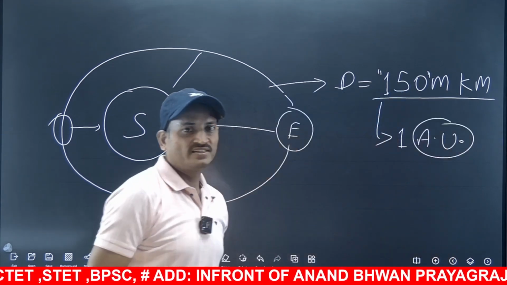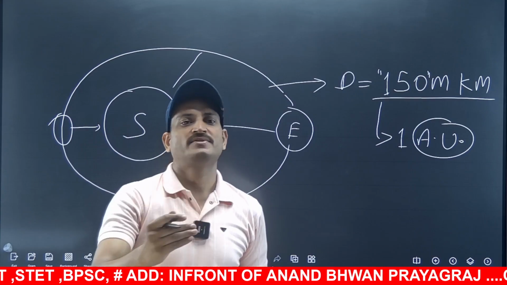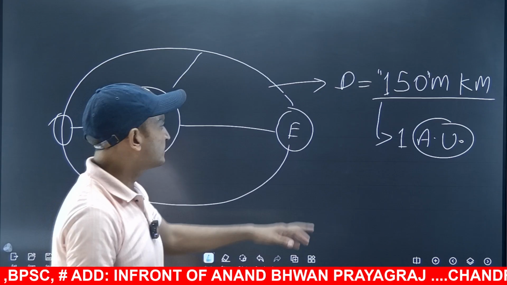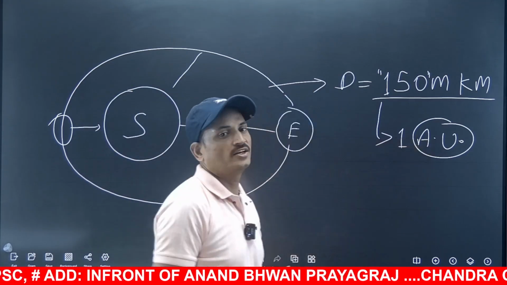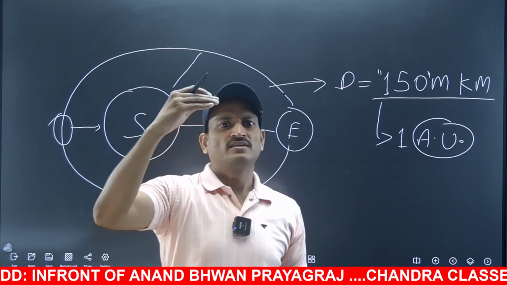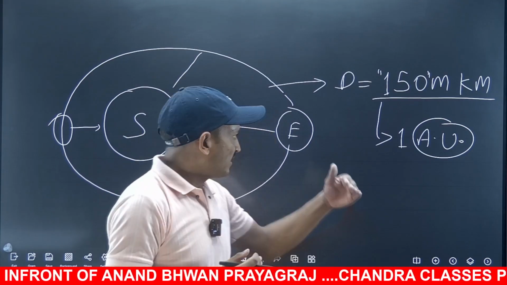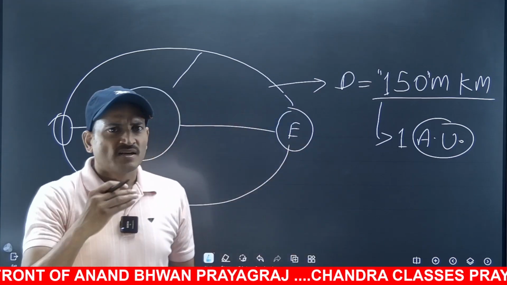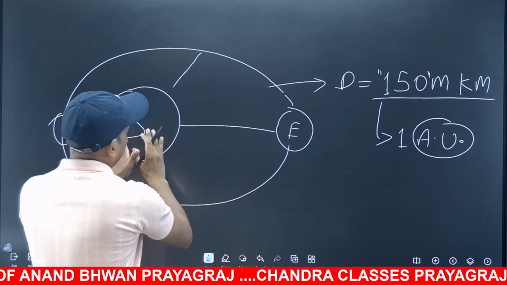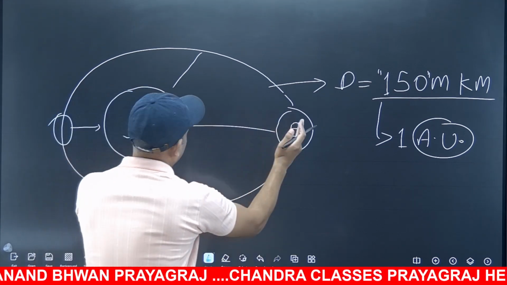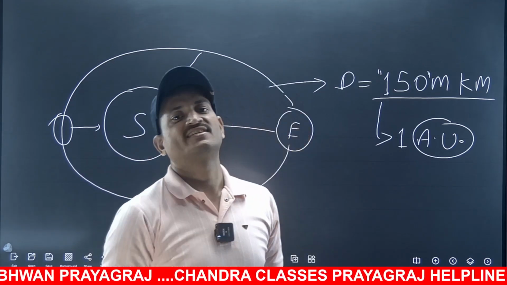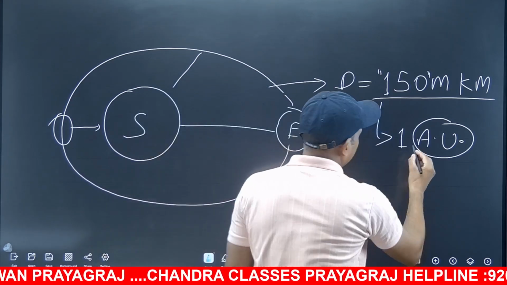So whenever we measure the distance of any object in the solar system or in outer space that is not too far away, we can calculate the distance in astronomical units. For example, if we say that the orbit of Pluto is so and so many astronomical units far from Earth, we can keep the distance between the Earth and the sun as the reference point to calculate the distances between other objects in the solar system. So this is 1 astronomical unit.